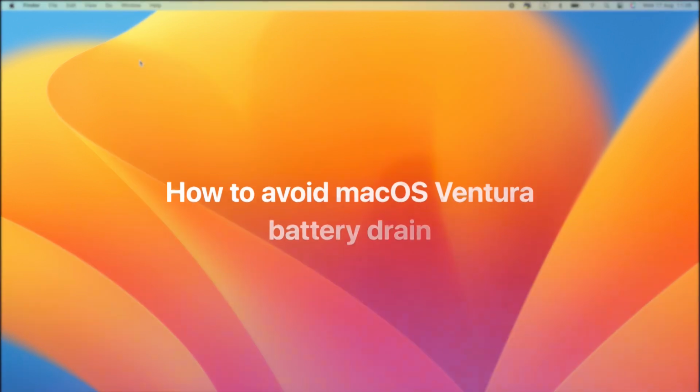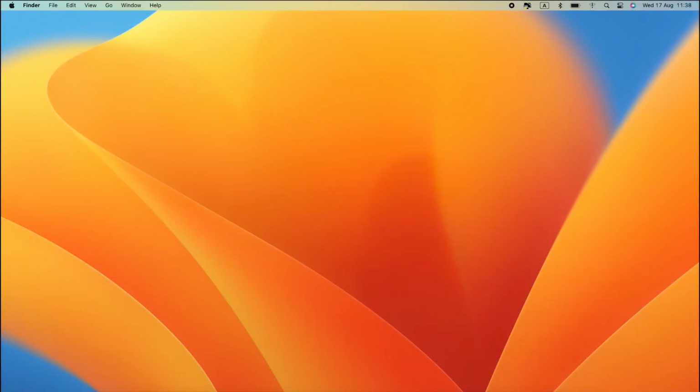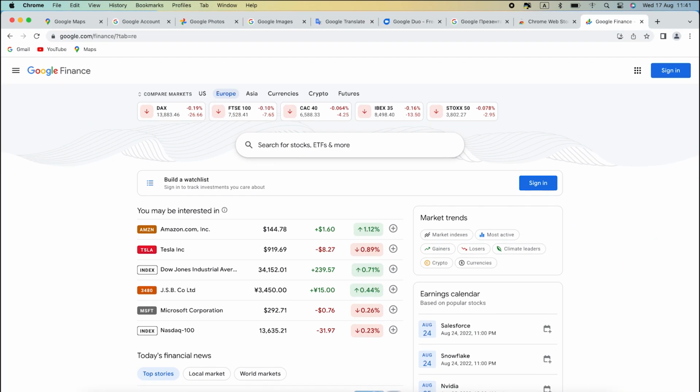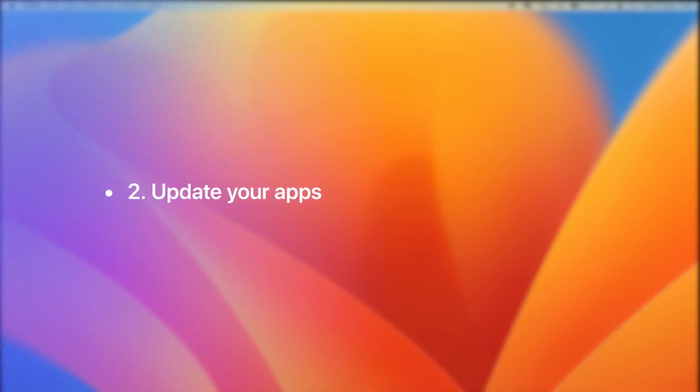Now that you've fixed your battery drain issue, you're probably wondering what you can do to avoid this problem in the future. Tip number 1. Close your browser tabs. Whichever internet browser you're using, keeping a bunch of them open can be a major drain on your CPU and GPU, which also drains your battery. That's because each tab is continually updating in the background. Some users report that Google Chrome is really bad about this, but the truth is all browsers can have this issue to varying degrees.